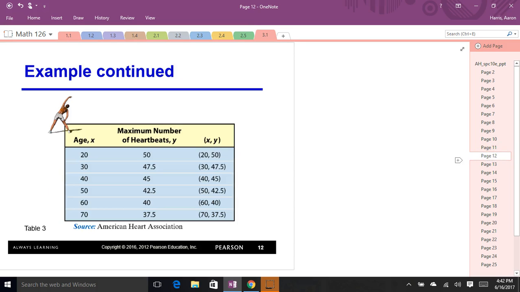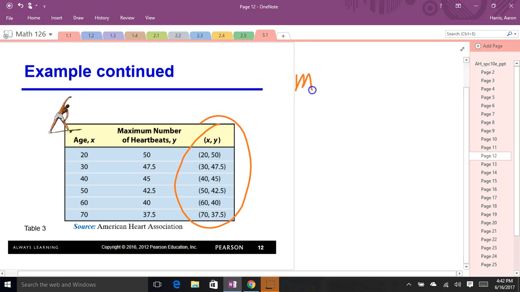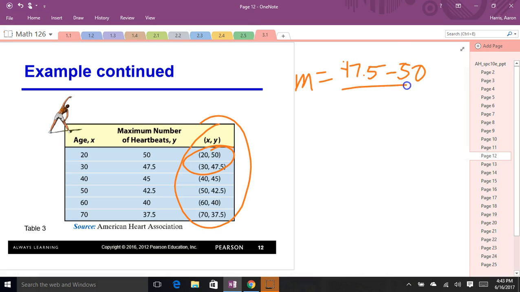So there's your age, there's your maximum number of heartbeats, there's the points. So we're going to start out, use those two first. So y2 minus y1 over x2 minus x1. So 47.5 over x2 minus x1. Anyways, you go through and you find the slopes of those two, then you find the slopes of those two,